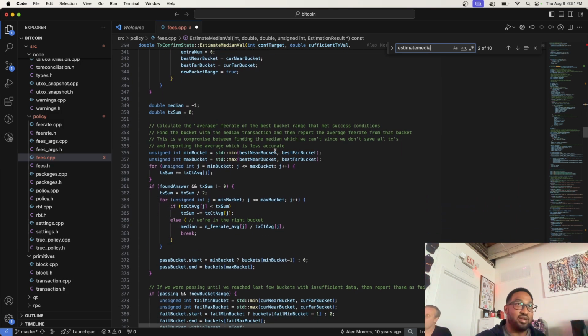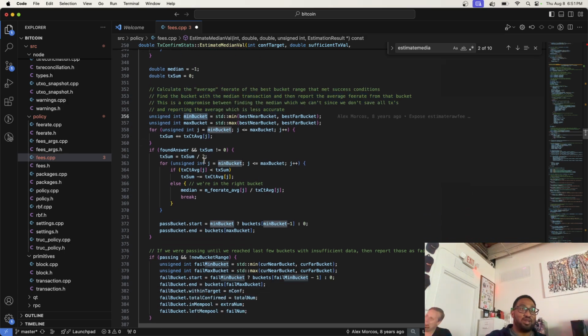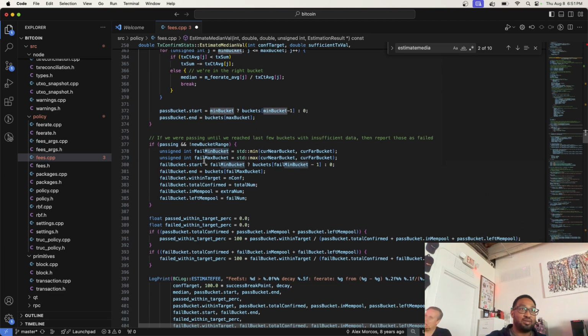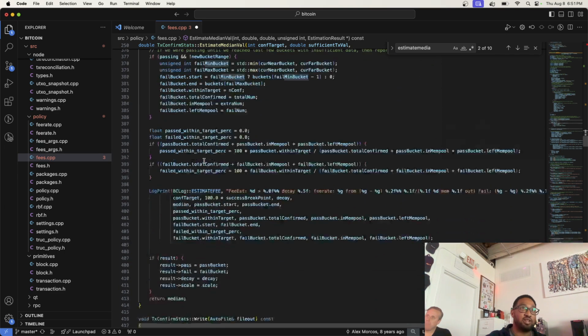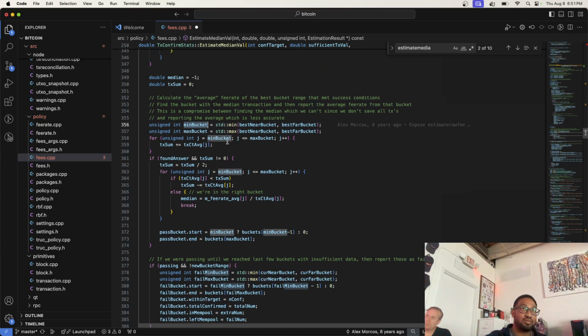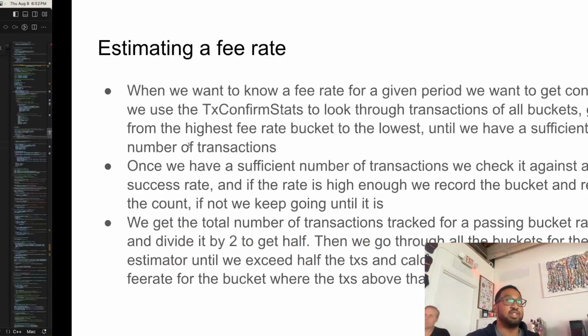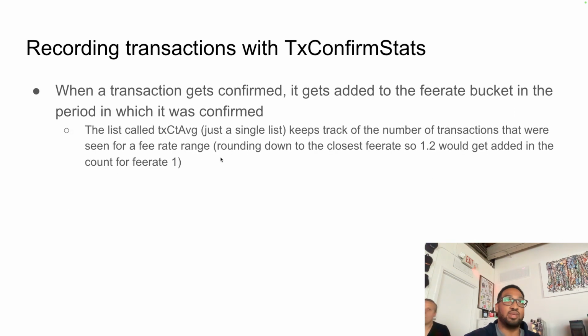Let's see what else is here. And he has a whole bunch of comments, but these comments aren't very helpful. So, min bucket, max bucket. I'm trying to see where I was trying to show, and I don't even know. Min bucket, max bucket. So you have these transaction count averages. This is a good place to look at. Transaction count averages, I think I mentioned here, maybe.